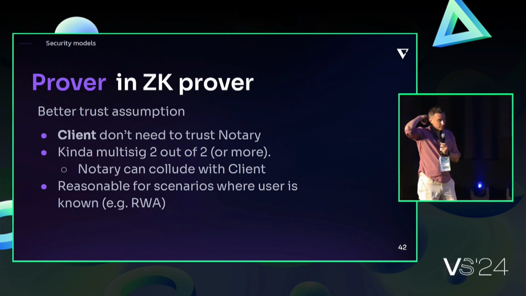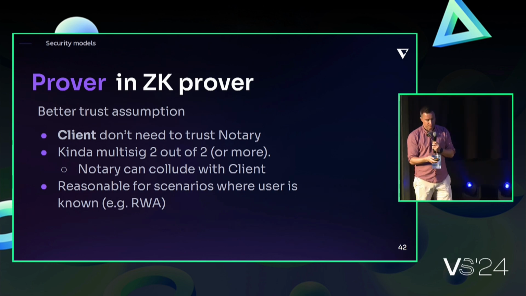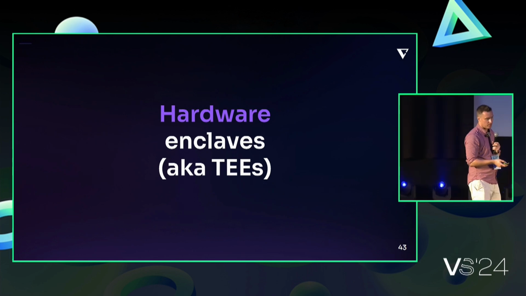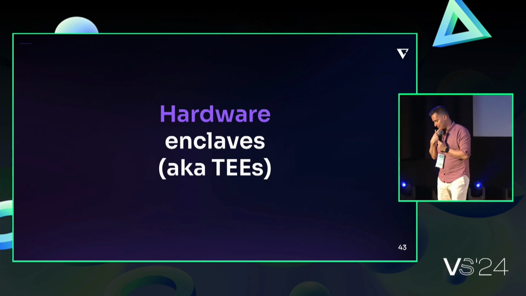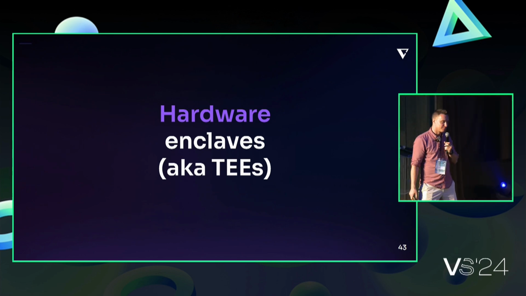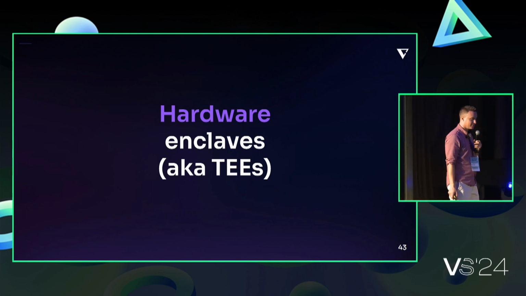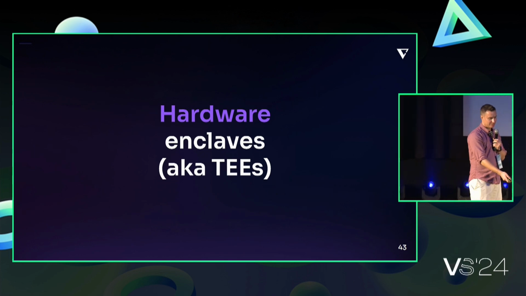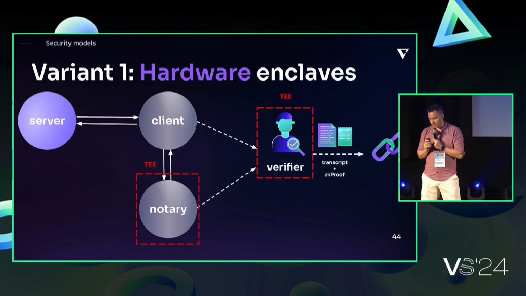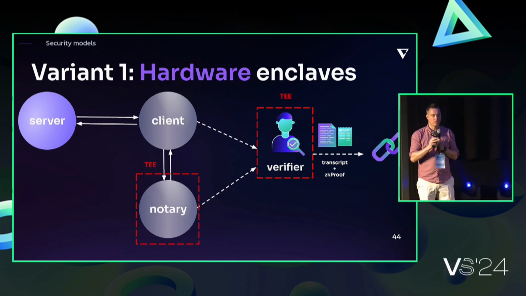Yeah, so it's a very reasonable level of security for, for example, real-world asset stuff. A little bit more tricky for that Web2, Web3 markets. Then everybody talks about secure enclaves and trusted execution environments. And if I could get just one Bitcoin every time someone talks to me about it, I would have a lot of Bitcoins. So TEEs are interesting and they can improve security significantly, but not in a way that most